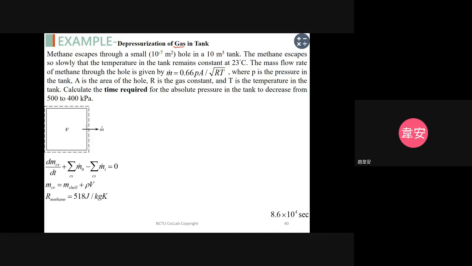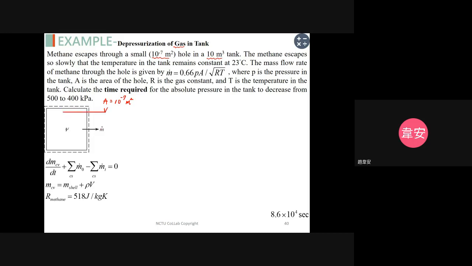So there is a small hole, and the hole area is 10 to the minus 7 meters squared, and the total volume in the tank is 10